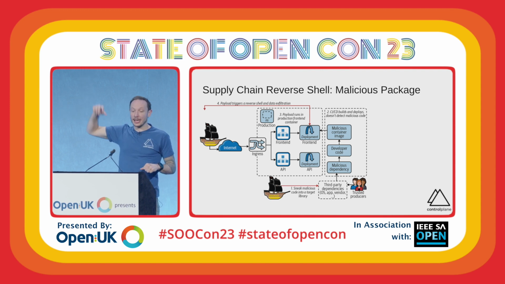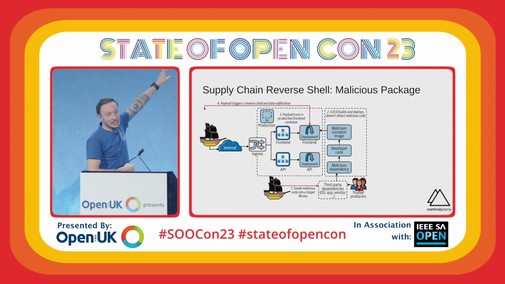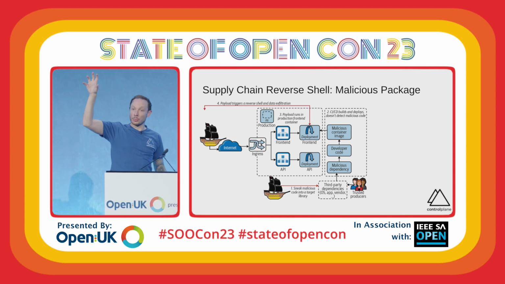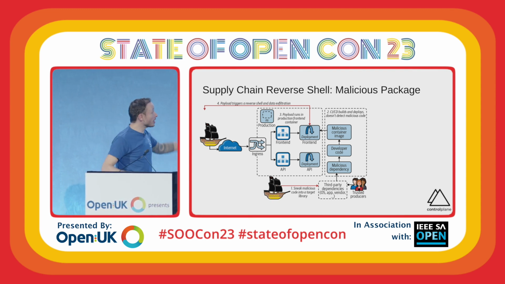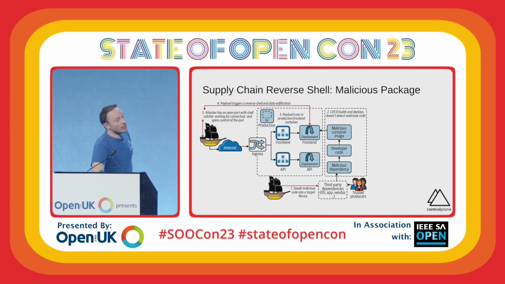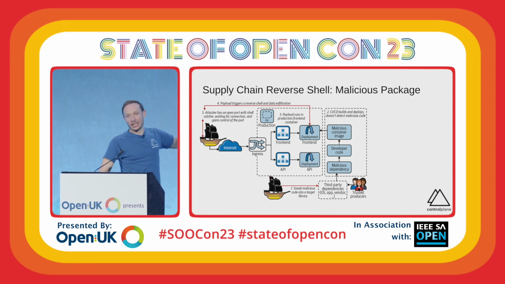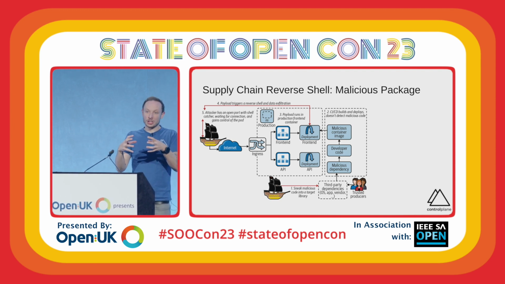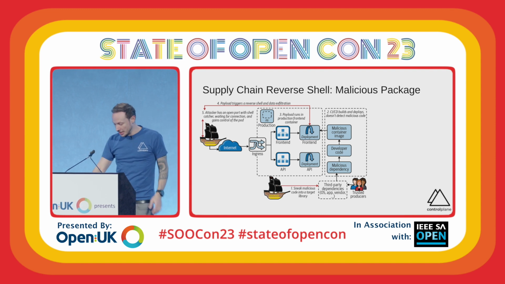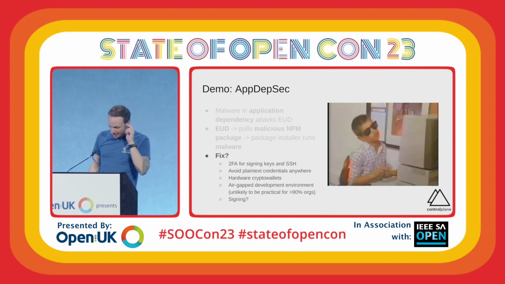fires this TCP connection from the victim container, in this case, out to this endpoint, this TCP/IP port that I'm holding open, and in this case I'll do it with an ngrok tunnel from my laptop, and then I'm catching that shell connection, and I then have command and control into the pod. So that glues together a bash shell, and that, as we'll see, gets us into the production infrastructure that we are targeting.